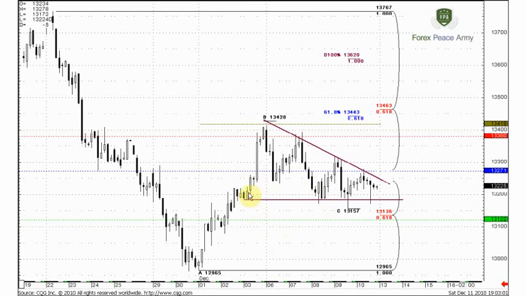What does it mean? 1, 2, 3, 4, and we should see the breakout of the triangle on the 5th move. When the market is just turning and consolidating inside the triangle, and the 5th wave still stays inside the triangle, we can expect a softer move, a sideways consolidation out of the triangle. So it will be just a small tight range, the market just steps out of the triangle and then continues some price action.